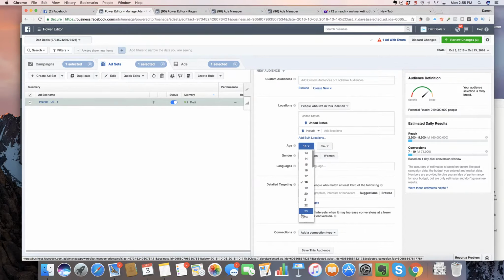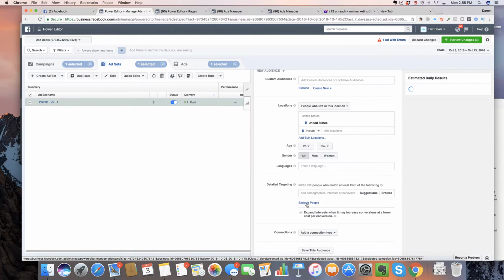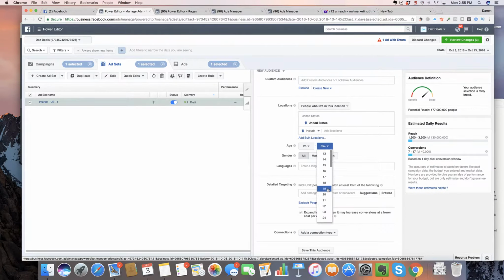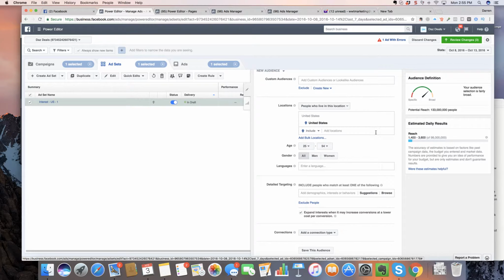25. Seems that people, for some of our interests, and obviously for Deadpool, I'm not going to go any higher than like 54, but it doesn't really matter. You're not going to get that much traffic higher than that, but always start them at 25 and let's go to 54. Don't figure anybody over 54 is going to be wearing Deadpool stuff, but sometimes you do get parents, so I'm going to take this up actually because sometimes parents buy things for their kids, so we'll